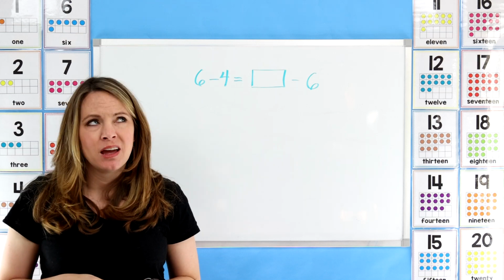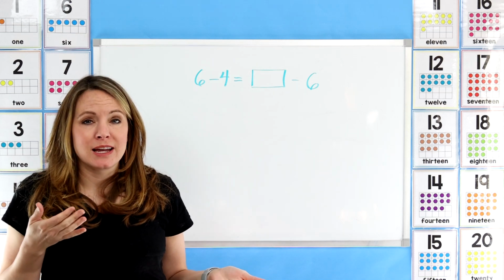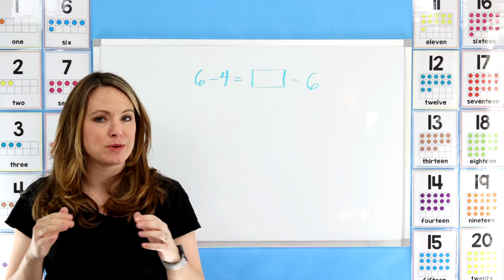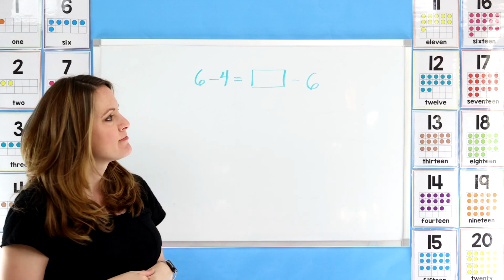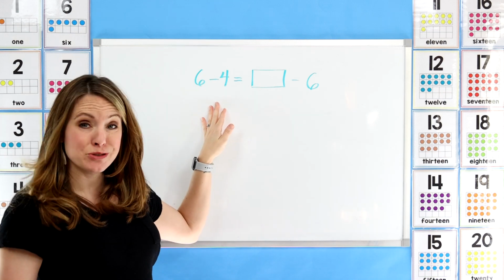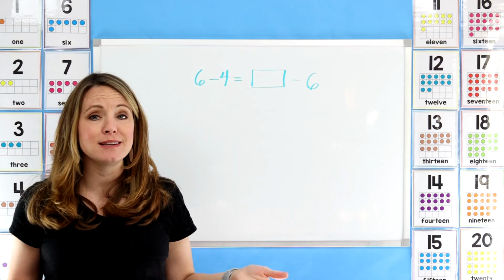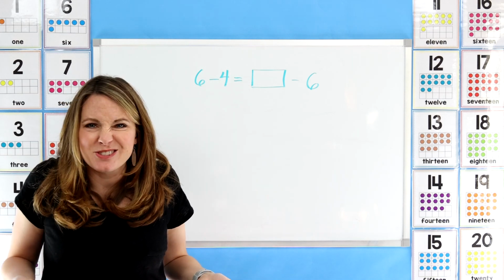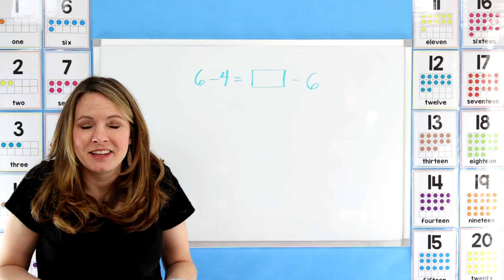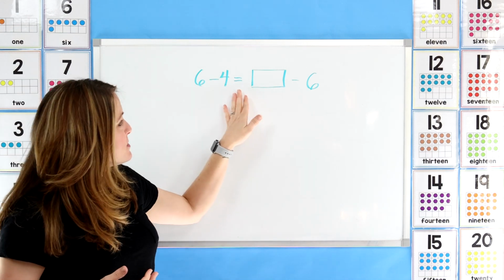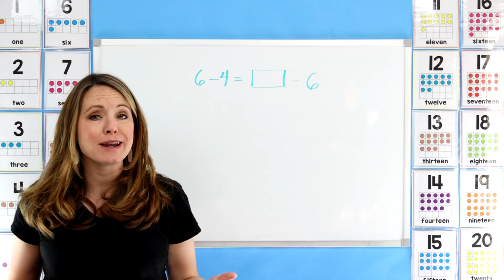Can I do that? I always thought that when I write an equal sign, I put the answer on that side, and that's the only way that we can represent a number sentence. But in this one, I have a subtraction equation, and then I have another subtraction equation with a missing number. Am I allowed to do that? Is that okay? Well, the answer is yes, because an equal sign, that's represented right here, is a mathematical term